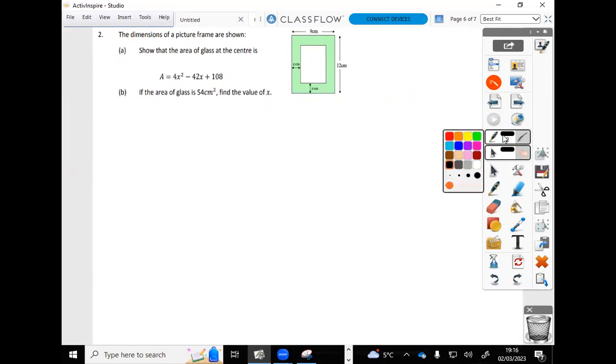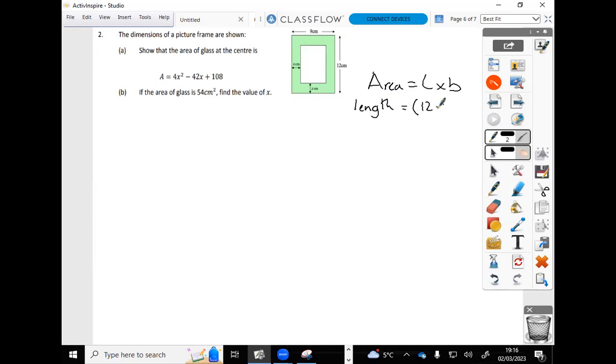Okay, now just going to say that the area of a rectangle equals length times breadth. So we need an expression for length. I'm going to say 12 minus 2x. Okay, 12 minus x and x there. So 12 minus 2x. Breadth, 9 minus 2x. So bringing them both together,